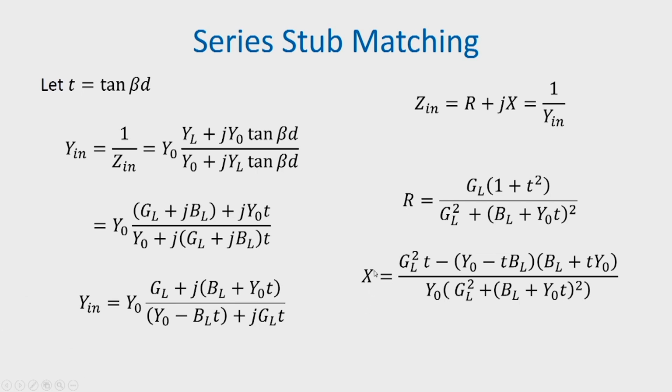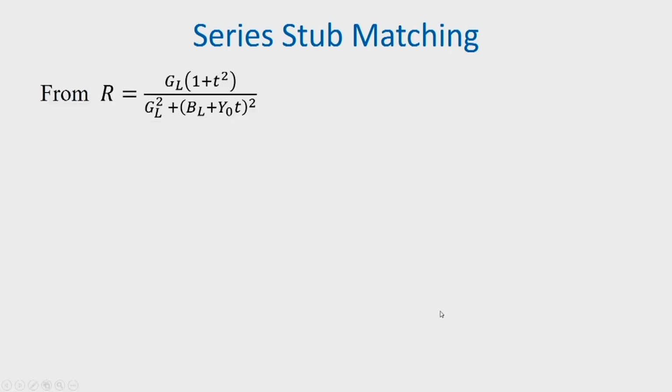Now, we have expressions for R and X. We know that for our matching, this R has to be equal to Z naught, and once we equate R to Z naught, G L and B L, Y naught, these are being known, we can find out the solution for t. So, from the expression of R L, we can write,